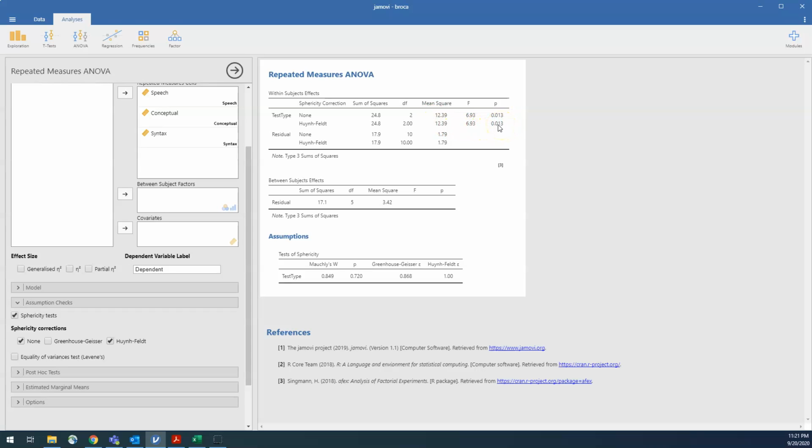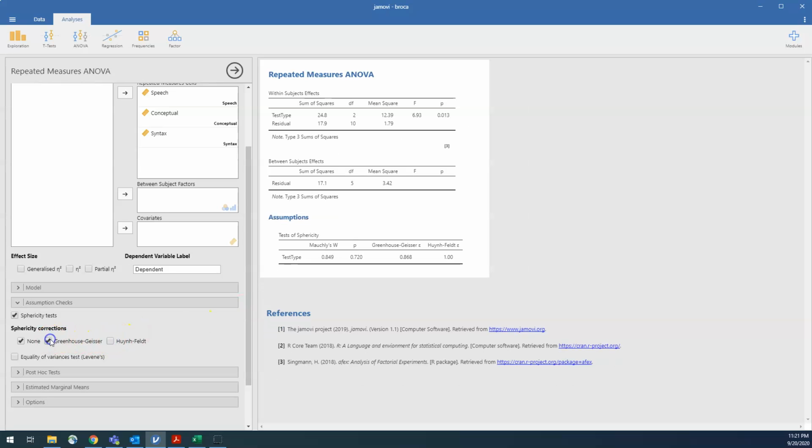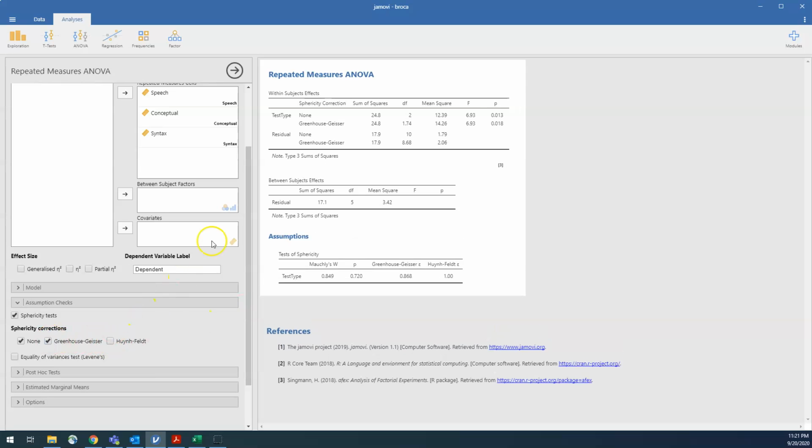Now in this situation, it's the same. Why? Because we didn't actually violate this assumption of sphericity, and the correction didn't really do much. If we had a Greenhouse-Geisser that was less than 0.75, then we wouldn't select the Huynh-Feldt, we would select the Greenhouse-Geisser, and it would run an altered ANOVA up here. Again, not much of a difference. The p-values are almost exactly the same, but sometimes if you have really violated the assumption, then they might be quite substantially different.